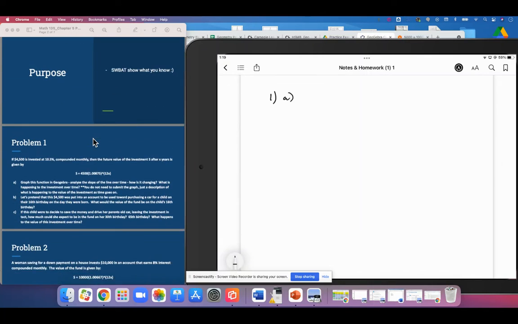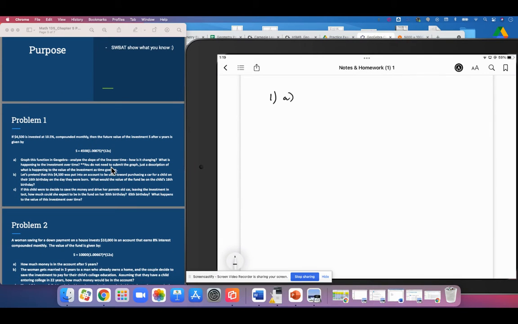I'm going to get started right away with number one. We've got $4,500 invested at 10.5% compounded monthly. Then the future value of the investment, S, after X years, is given by that equation. We're asked to graph the function in GeoGebra, analyze the slope over time, describe how it's changing, and what is